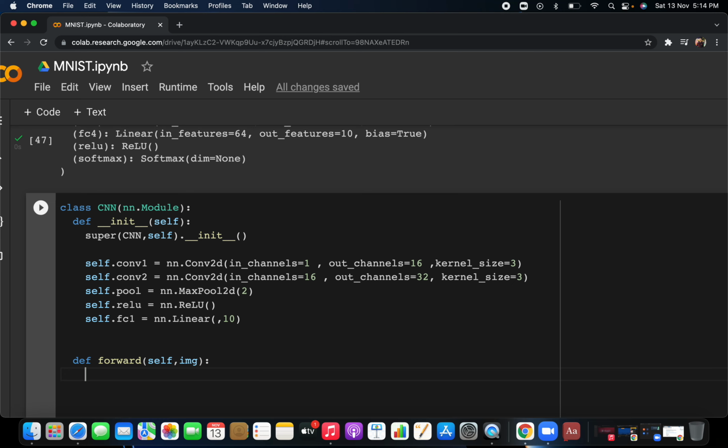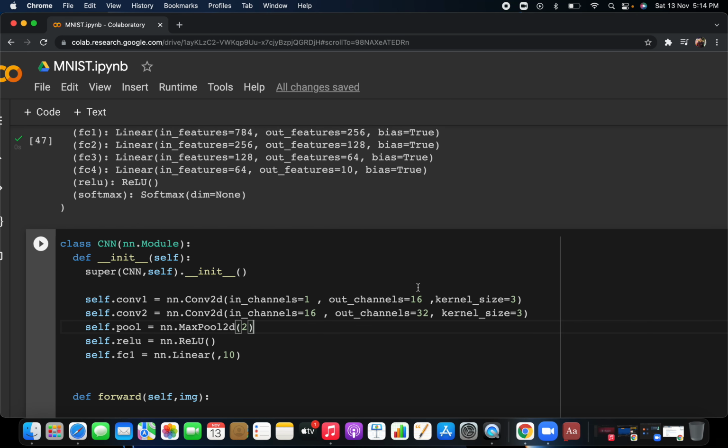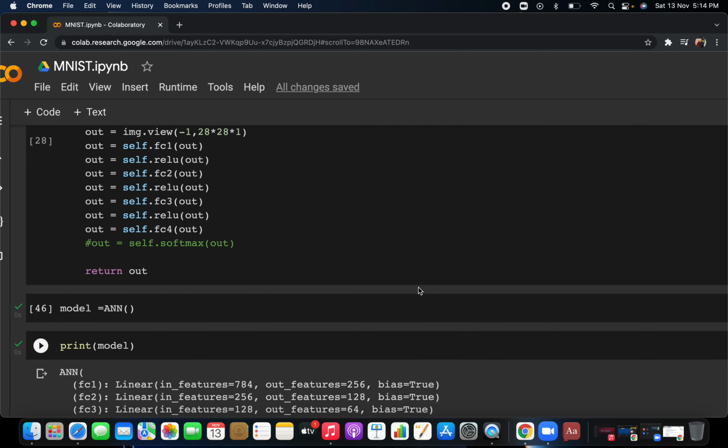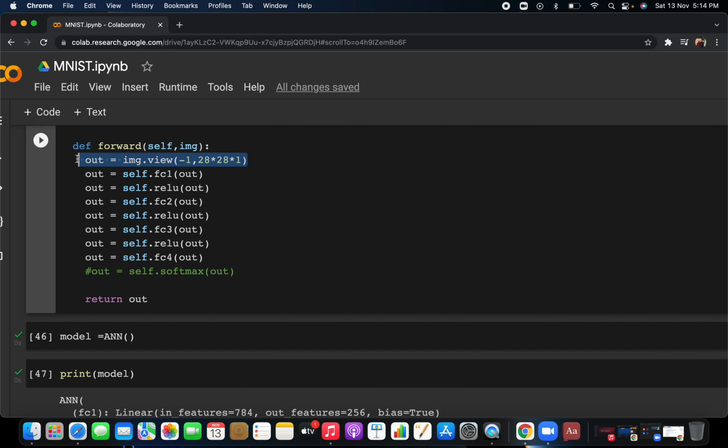Then, in the first network, you will pass the image to your convolutional neural network. It accepts the batch size times number of channels times height times width. Previously, in the ANN, you had to resize this, but here you don't have to resize because it accepts this dimension: batch size, number of channels, height and width. After the CNN is complete, whenever you use an ANN as a hidden layer, at that time you will flatten, converting every 2D into 1D.